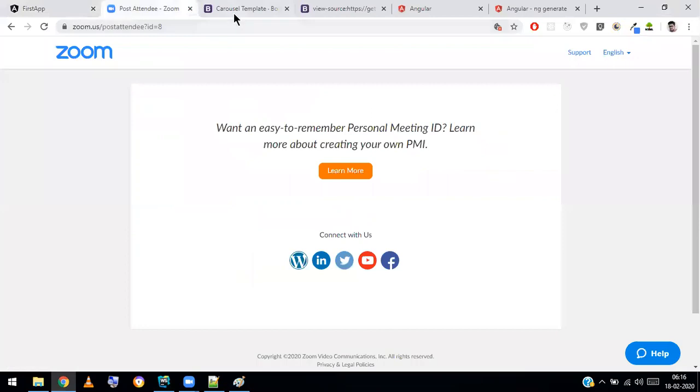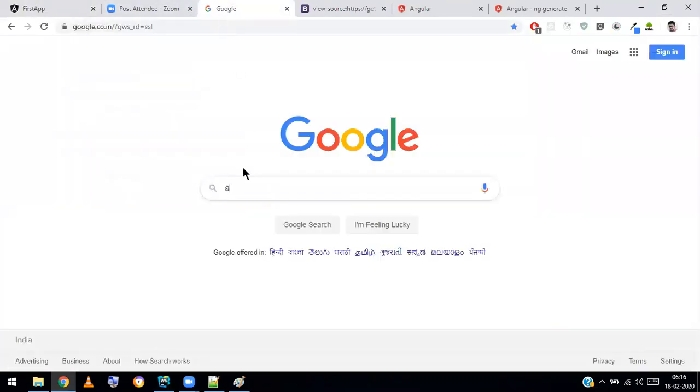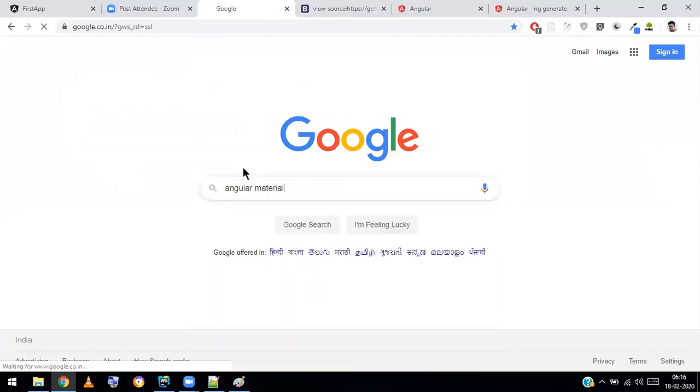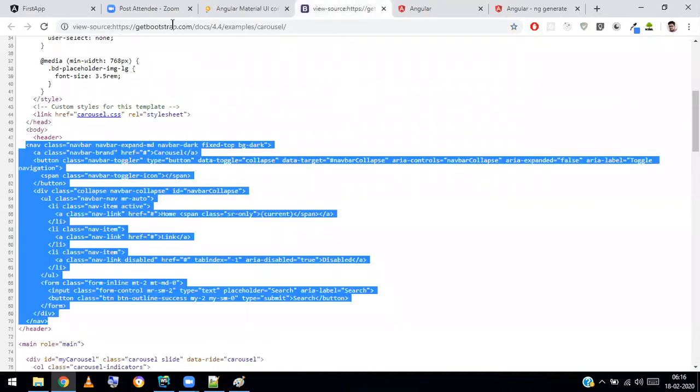You can search about it. What I want to know is whether it's a richer UI than Bootstrap, because Bootstrap gives a lot of classes. Bootstrap is a general thing. We can use it for normal HTML, for jQuery and others, and for Angular.